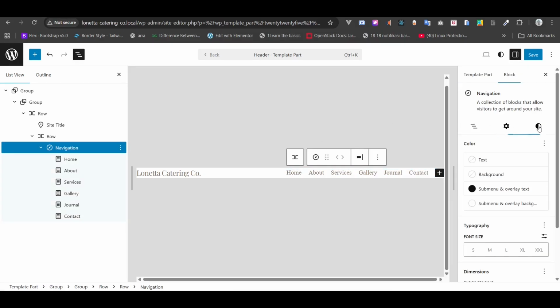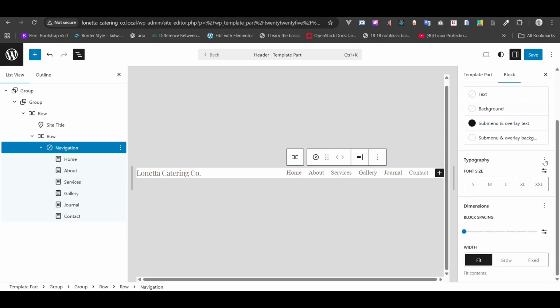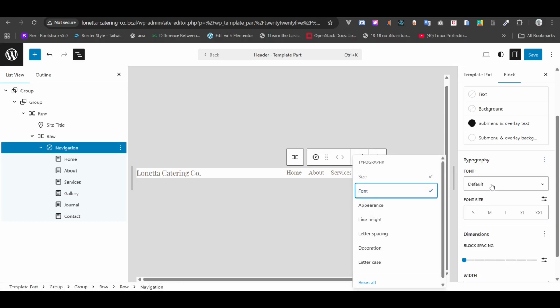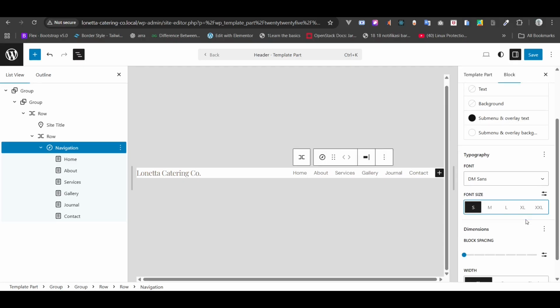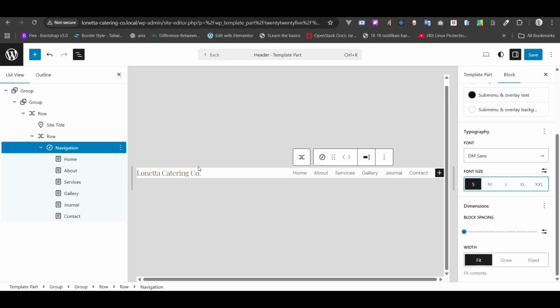And now for navigation style, let's change the font to DM Sans. And for the font size, we can choose medium, small. I'm going to choose small. And after that,